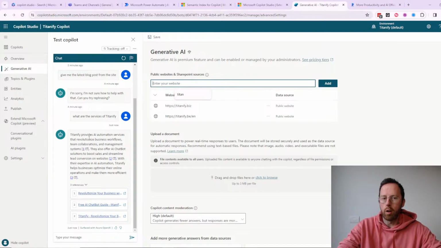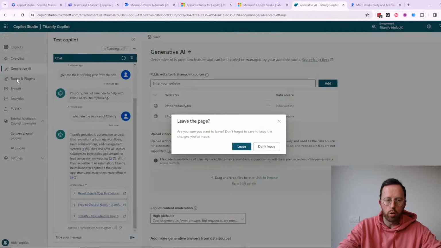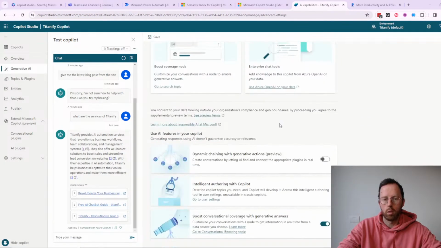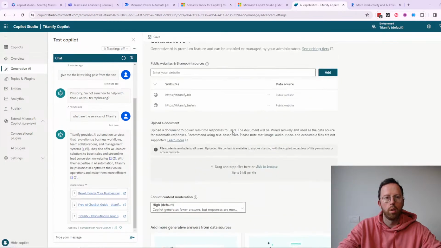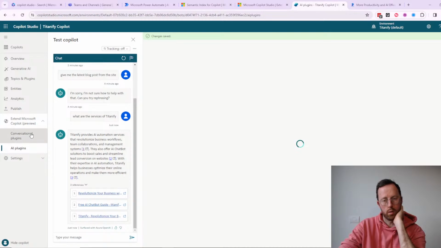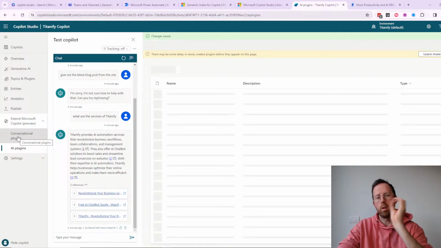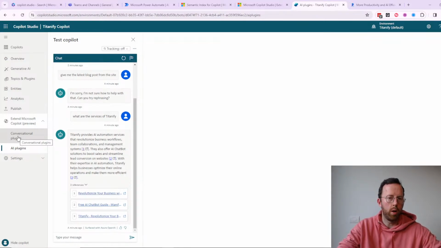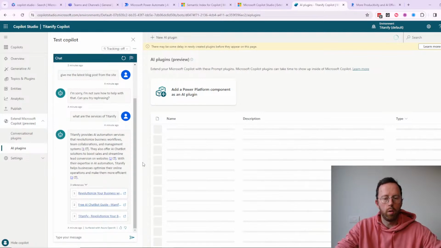But as you can see, this is not automated, right? So you could do plugins and so on. How do I? Sorry, save, of course. So you could add plugins and so on, so extensible AI plugins that it connects to, I think it connects also to Azure OpenAI. So there is a lot of stuff here to uncover as well. And this, I mean, if you look at the picture,